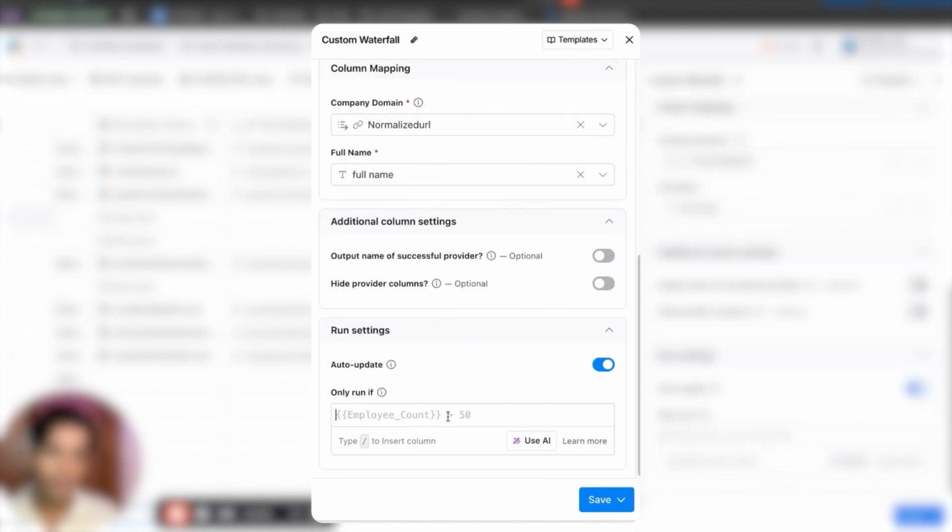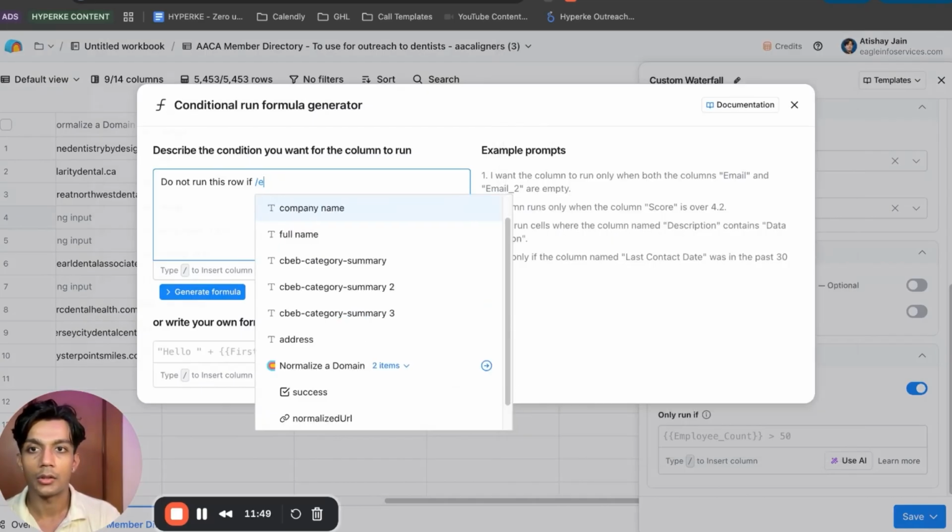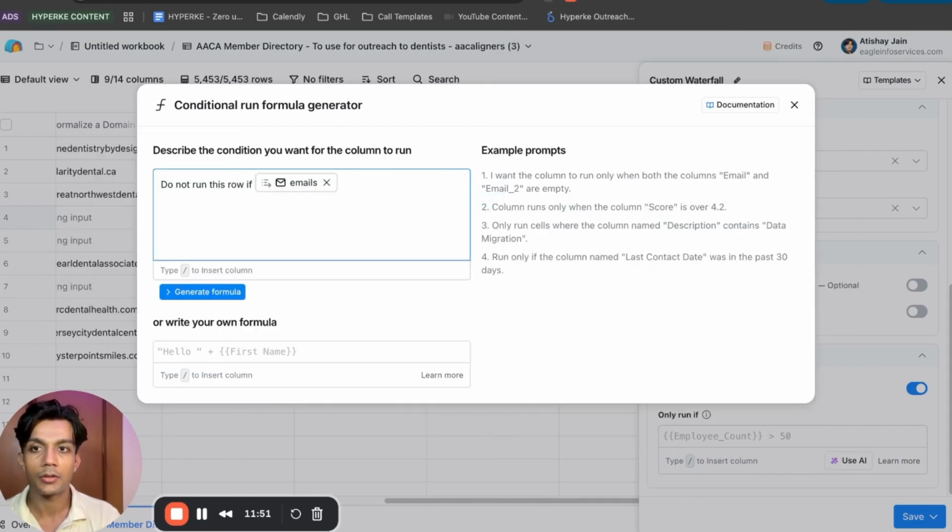I'm going to go here and I'm going to use AI to, or actually, you know what, let's get email addresses for all these rows, because sometimes maybe this is not the best address to reach the doctor. So I'm going to run this for all 10 rows, but if you wanted to save credits, or if you wanted to be judicious about how you expend your credits, you could add a condition here. Or you know what, let's just add a condition because this is an instructional video. So do not run this row if emails